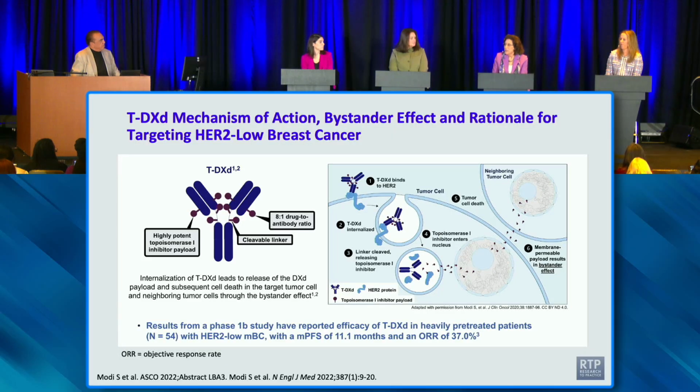So the studies that were done with TDXT started with an umbrella trial, and it was such a cool trial to participate in because we gave TDXT to people who had really heavily pretreated HER2-positive disease, and one of my patients stayed on for 4 years. It was really remarkable. And for HER2 low, the same thing, mostly in HR positive, hormone receptor positive, great responses. And that, of course, then led to this trial that Neil is referring to, Destiny Breast 04, where we looked at TDXT in patients who had HER2 low disease. But it's also opened a whole other can of worms.